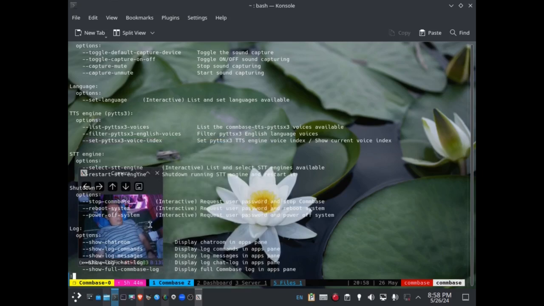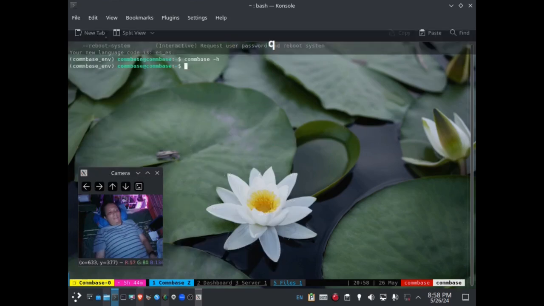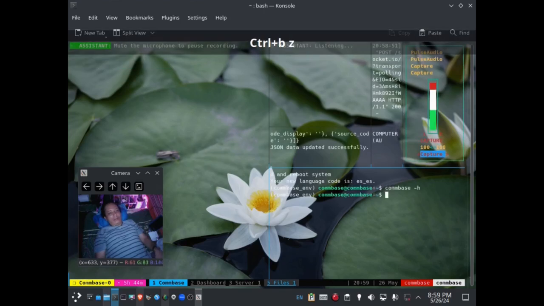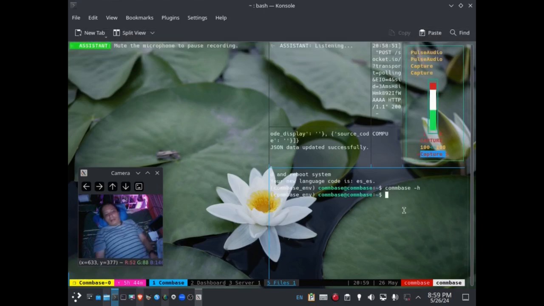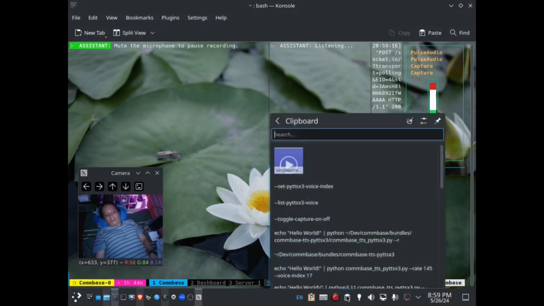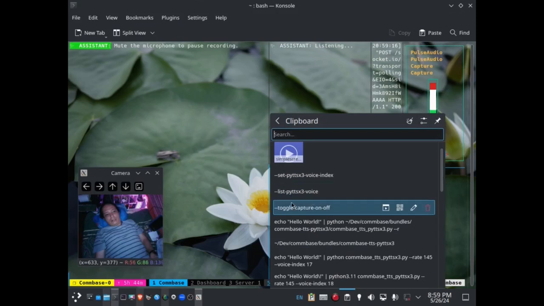Lists voices. Okay, I'm going to quit with Q. Okay, and I'm going to come back to Conbase. Okay, and then I'm going to select here what I'm copying. I'm copying the list voices command.